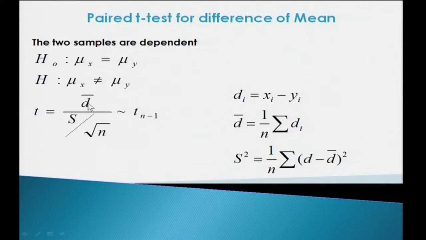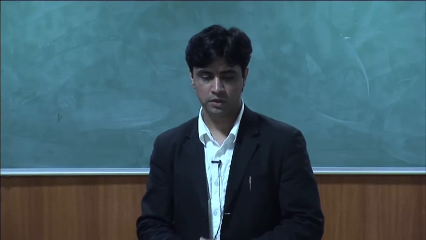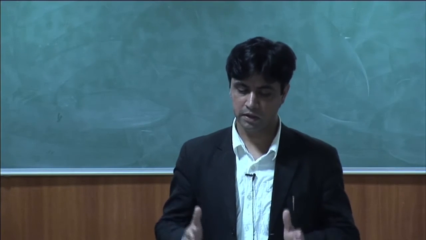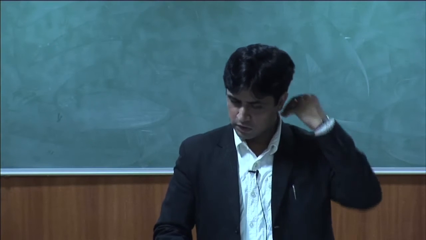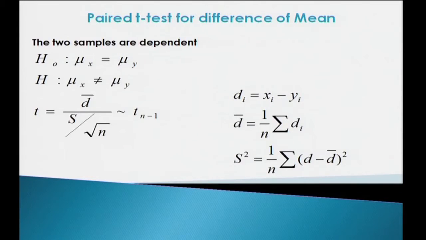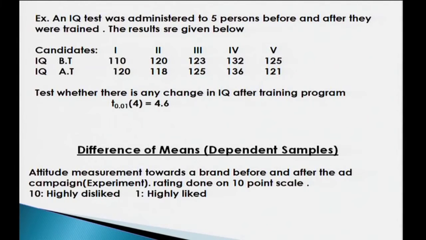And here it is not important whether you take xi minus yi or yi minus xi, because finally we will be taking the absolute value of T calculated. So, there is nothing to worry about even if you are taking xi minus yi or yi minus xi. Final T cal would be compared with T tab, and by now I hope you are experts in this. Therefore, you can decide: if H naught is accepted, that means there is no change in the IQ before and after training. If H naught is rejected, there is evidence in support of a change before and after training.